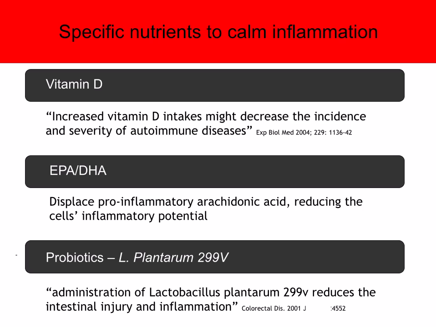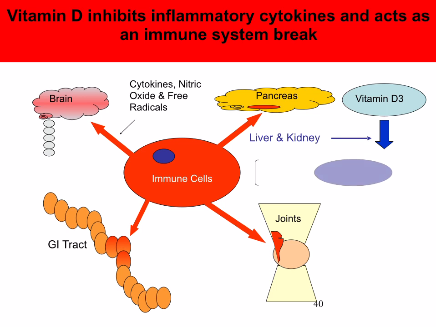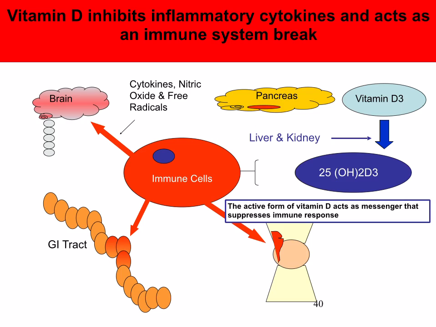Now to consider specific key nutrients that play a role in inflammation. Here we will consider vitamin D3, omega-3, as well as specific strains of probiotics. As you know, gut-generated inflammation drives an immune response that spreads systemically and affects various organs. The active form of vitamin D3 acts as an immune system brake by inhibiting the secretion of various inflammatory cytokines